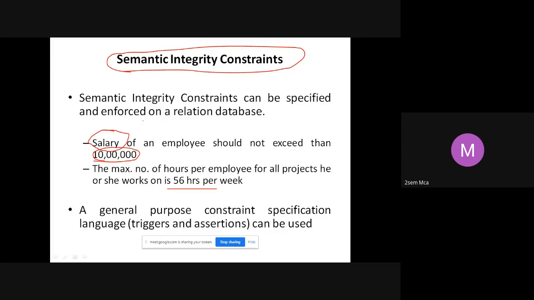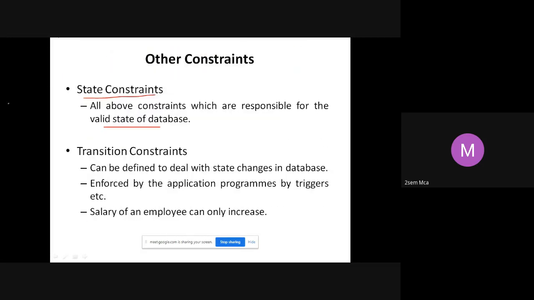Any constraint that you apply should be applied for all the records that you enter. You cannot have this record for 10 lakh, another record 20 lakh. You can't do that. That is why we said all the above constraints, whatever we have seen so far, are responsible for the valid state of the database.